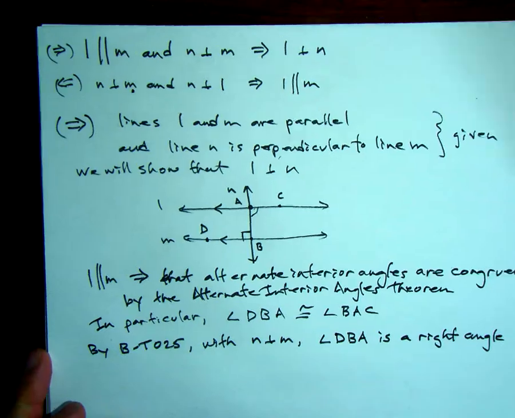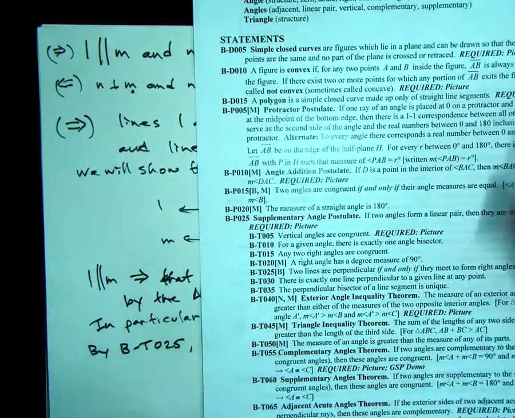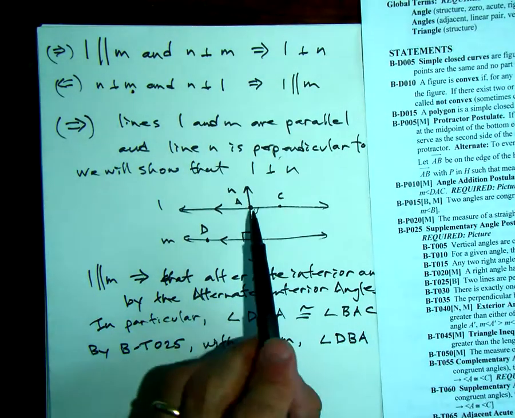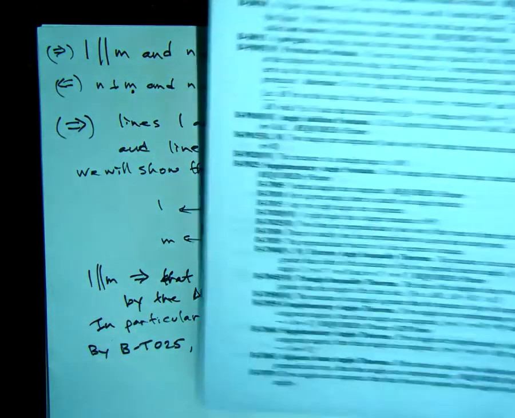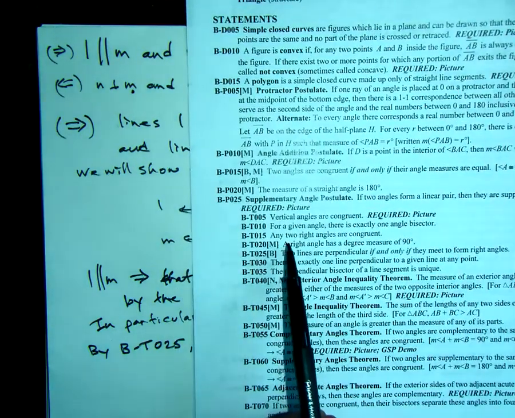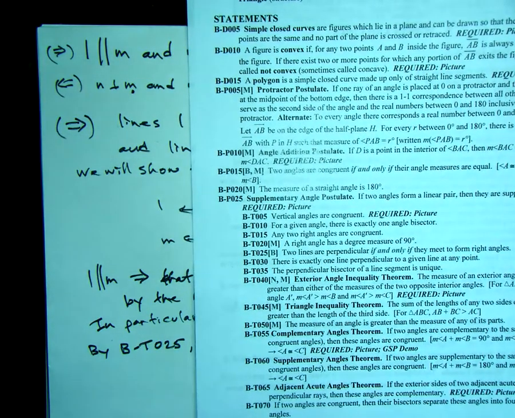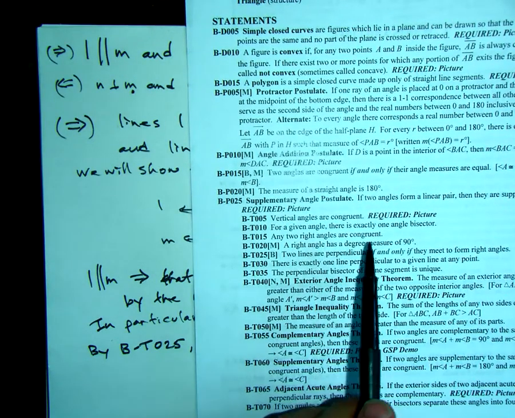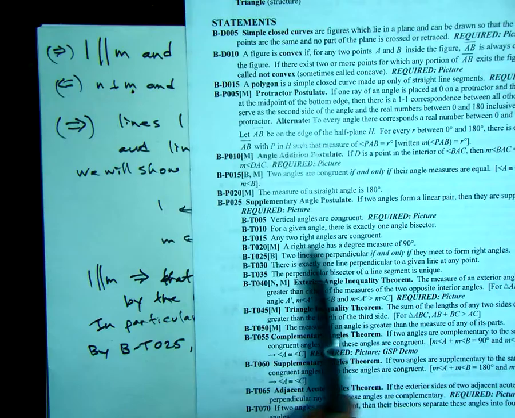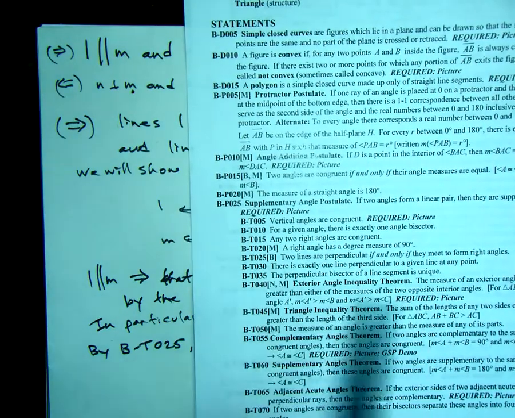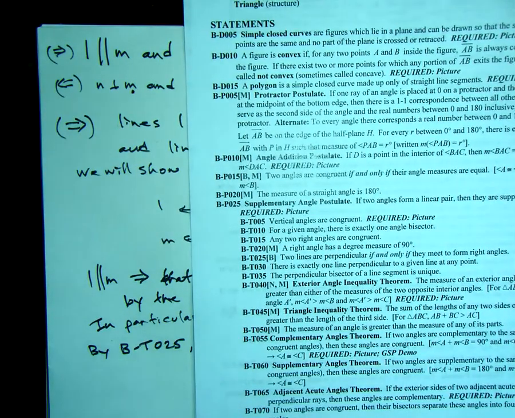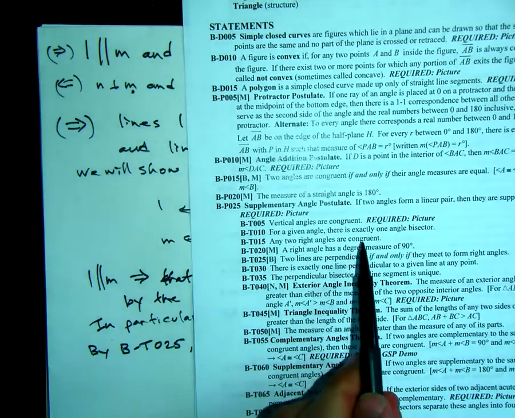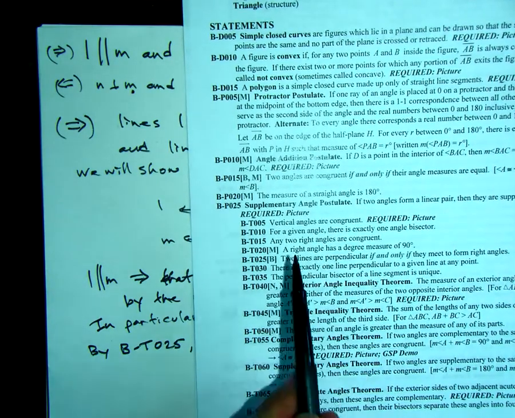Now if we go back here, ultimately what we'd really like to say is that BAC is also a right angle. You might be tempted to say, well, any two right angles are congruent. Well, that's true, but we don't know that we have two right angles. All we know is that they're congruent, and not all congruent angles are right angles. So we're going to have to get at that in another way. We know that they're congruent, and we know that one of them is a right angle. How are we going to